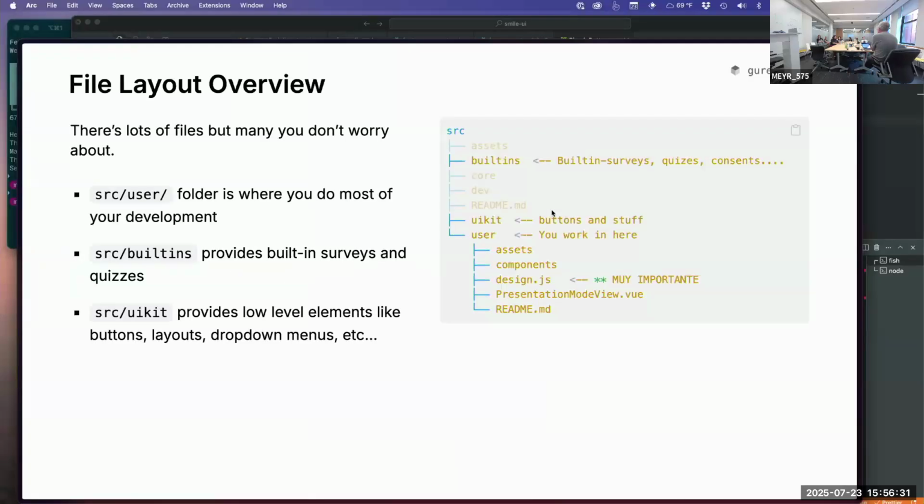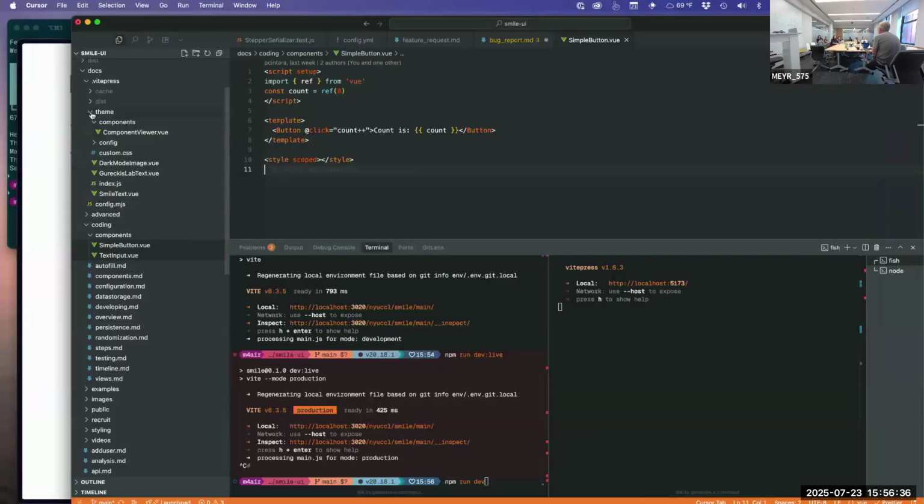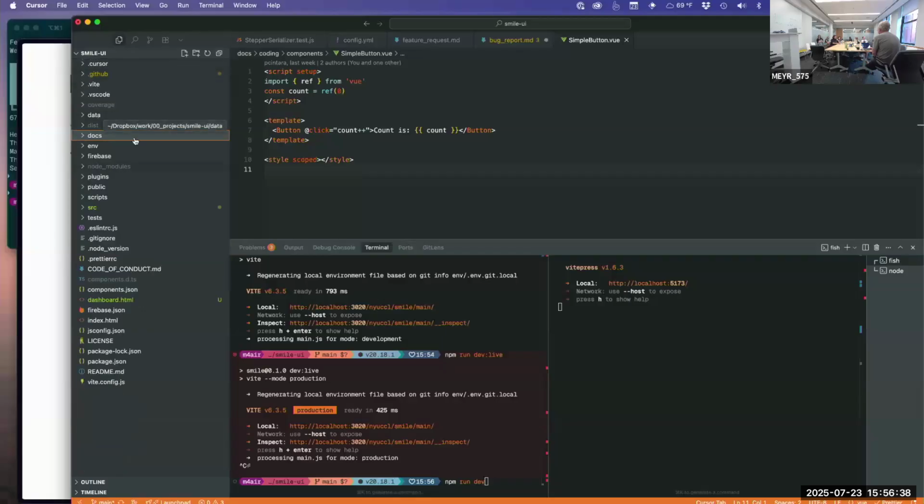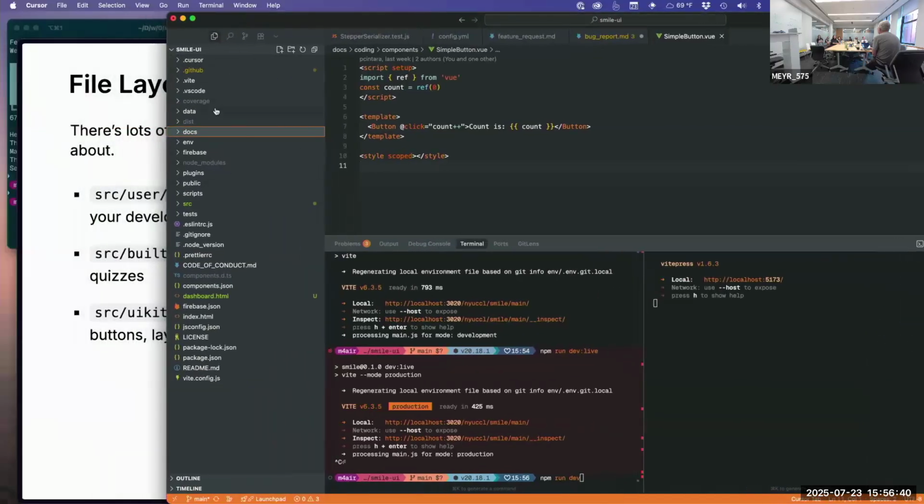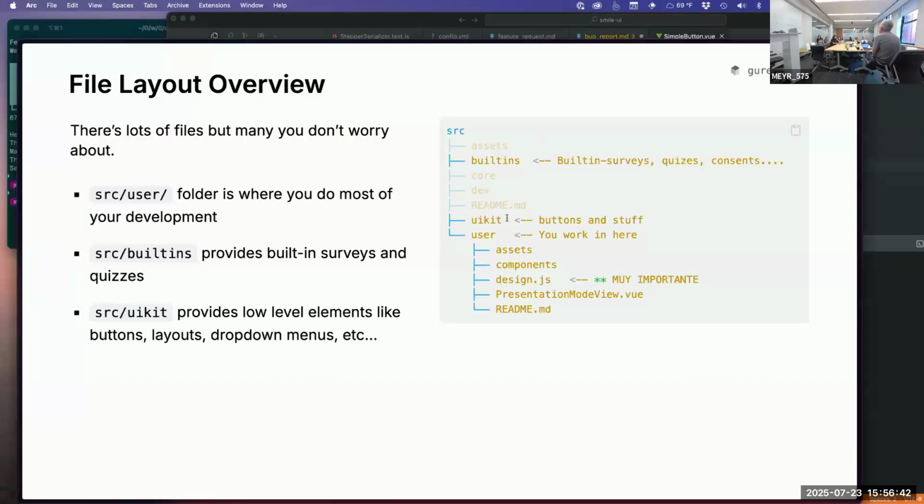So how do you actually program stuff? When you open the package, it's like a big GitHub repo. It has lots of folders and stuff. It looks something like this, there's a ton of folders. Most of the ones you don't actually have to worry about, lots of it's just built into the